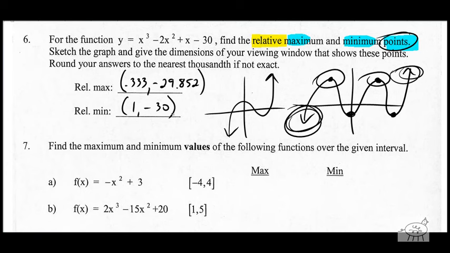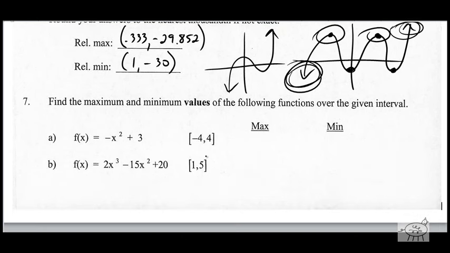Okay, and so those are your relative max and min. Again, difficult to find on here, but that's basically how you do it. You look for the bump, and you can check, you look at right bound, left bound, and then you do your guess, and you get it with your graphing calculator. Okay? All right, so our last problem here, number 7, says find the maximum and minimum values of the following